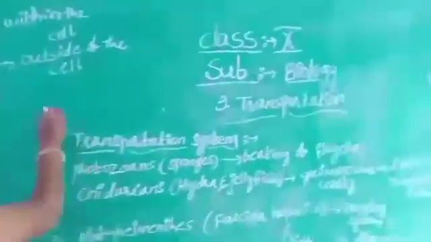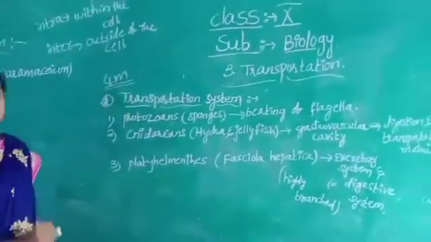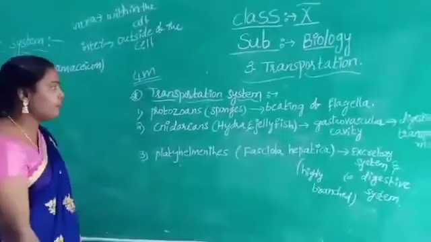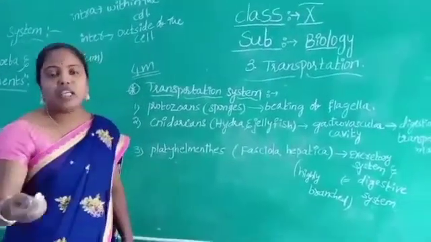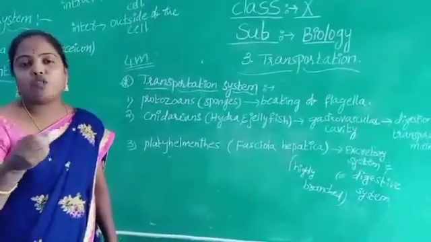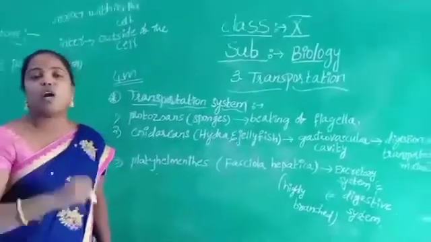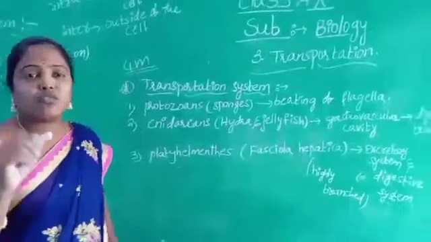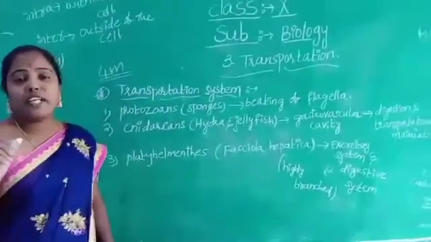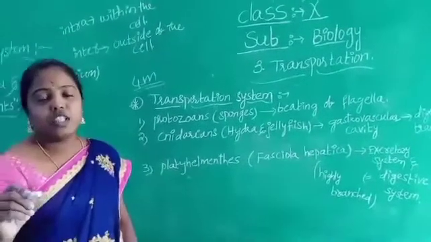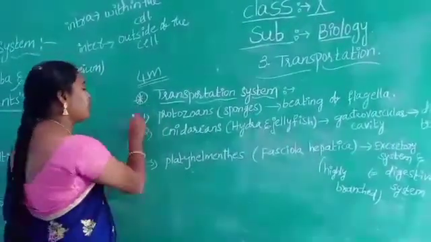Next, a 4-marks question, very important from the point of view of your SSC final exam: explain the transportation system in different types of organisms. Children, this is your very important SSC level final exam question: explain the transportation system in different types of organisms. Very important. The first